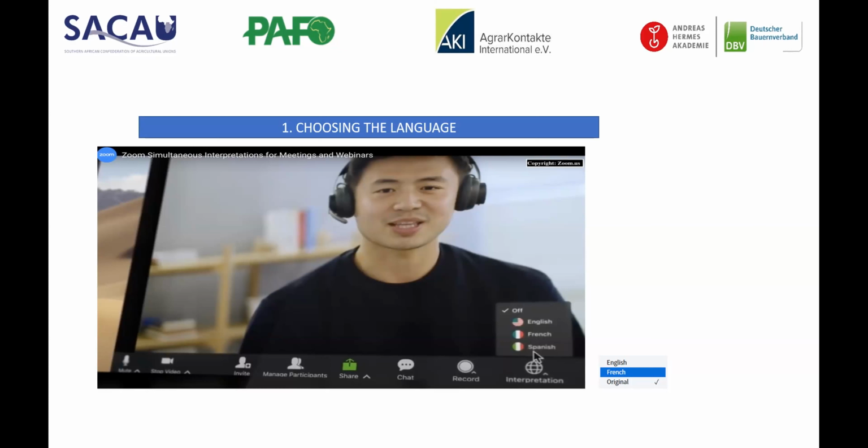So there are some participants where you find that maybe someone is speaking French and others are speaking English and they don't know how to interpret. There is a button at the bottom. It is written interpretation. So you click and you choose the language you are comfortable using. And then the next one is